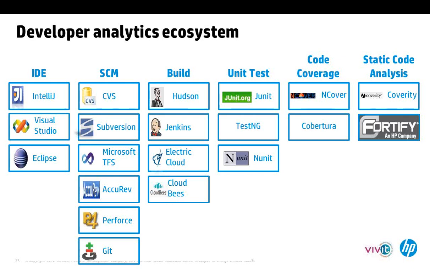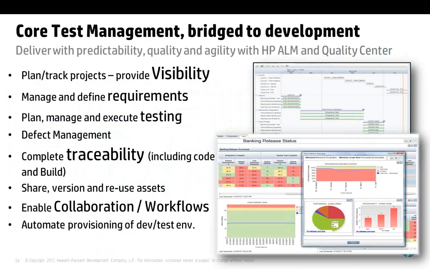Quickly, I want to take a minute to reflect upon the core capabilities of application lifecycle management that we have been bringing to market for ages now. And Quality Center and ALM lead in the space of test management, which is the core test management capability for automated testing, for manual testing, for defining your test plan, executing testing. But not just that, but also managing and defining requirements and managing the defects with complete traceability to all the testing assets, the requirements and the defects, but also, as I just talked about, traceability to code and build through the application lifecycle intelligence technology.